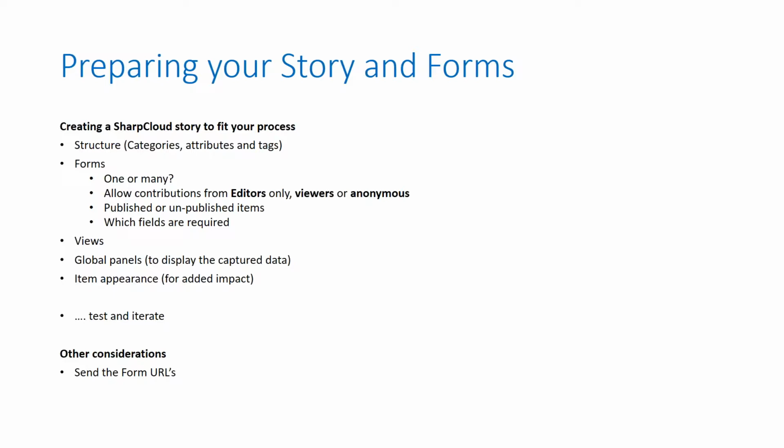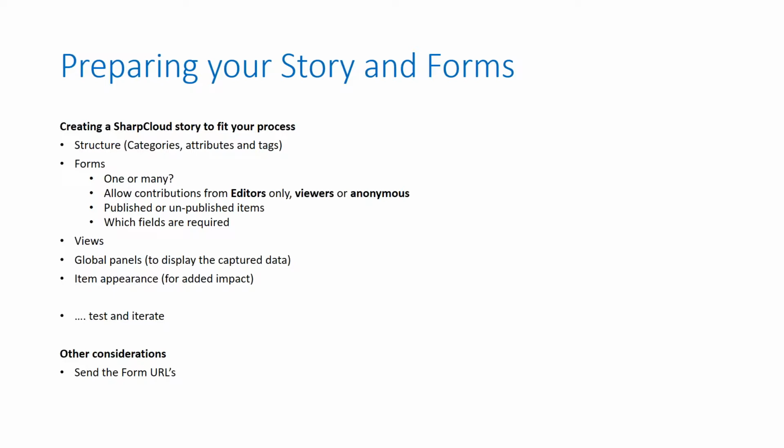So once you've structured the forms or created your metadata, if you like, the questions and the attributes that you want to capture data against, what categories of items are they, what forms am I going to use? Once you've started to design that process, then you'll probably put together some views that allow you to display that information. Also, you might design some global panels that allow you to show the attribute data that's been captured from the form very easily inside the item,